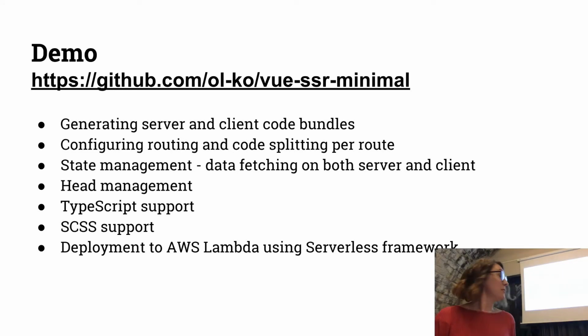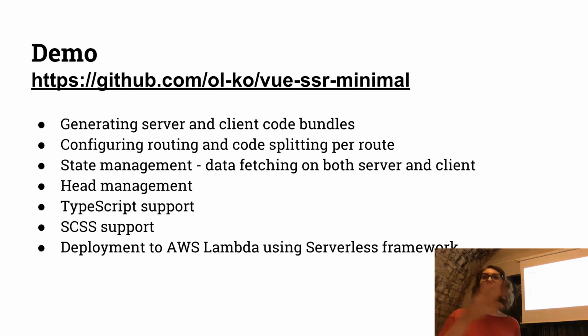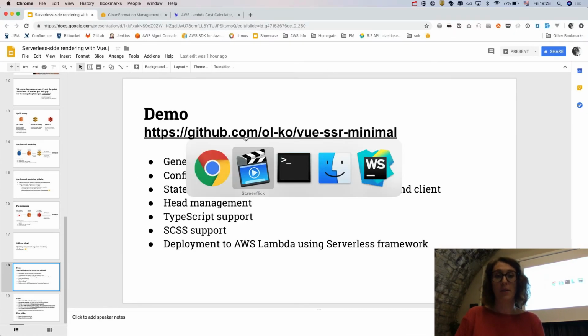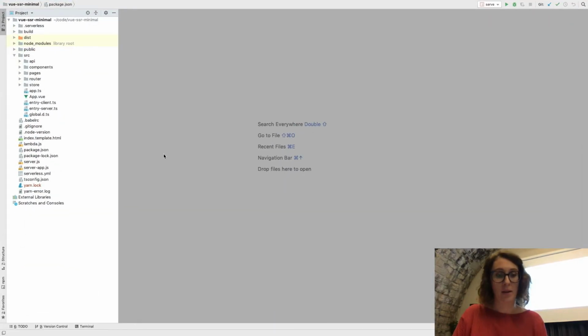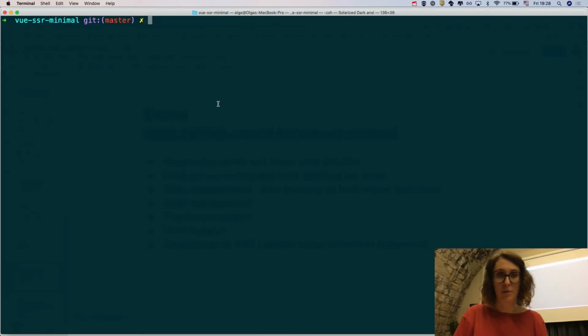So I have a little demo that we built when we were trying that out. Of all the approaches I just mentioned, we took the most stupid one, with the Express server inside the Lambda. It's the slowest one, but actually it's not as bad as we expected. So apparently if you improve that, it's going to be even better. So what am I going to do? I'm just going to make sure that I can